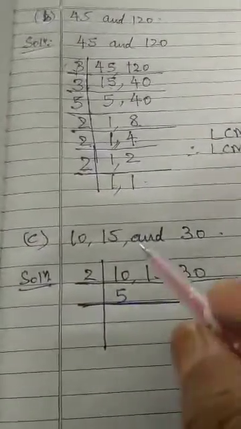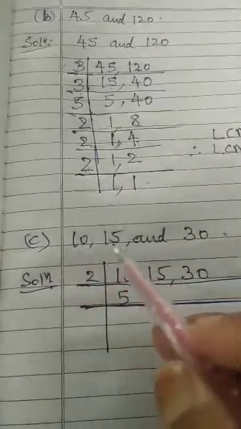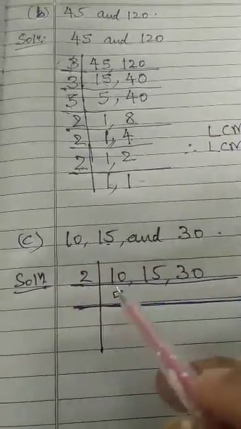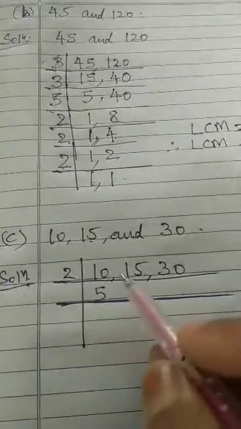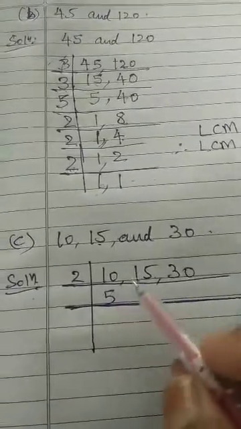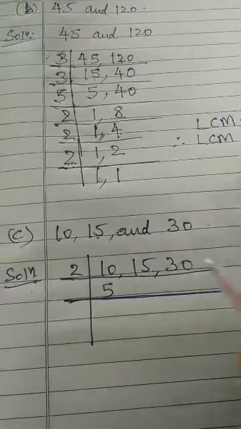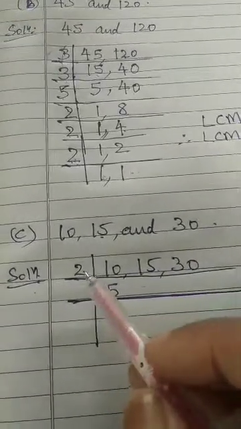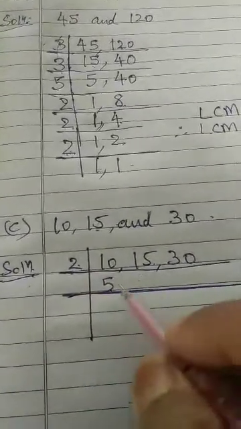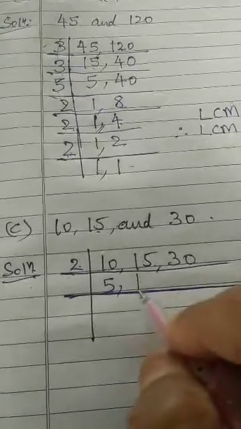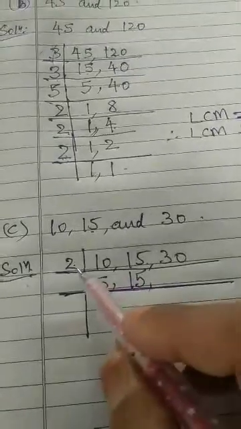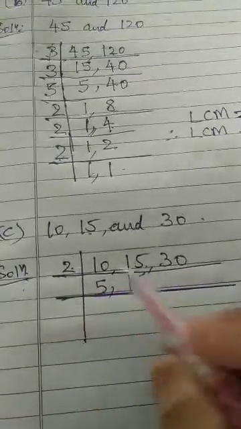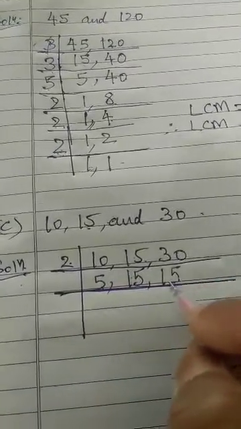See this one. 10 C question. 10, 15 and 30. So write the solution. These three numbers are given. 10 and 30 will come in 2 tables. Smallest number you take. 2 5s are 10. Comma. 15 will not come in 2 tables. So 15 as it is you write. Comma 30. Next number is 30. 30 divided by 2. 2 15s are 30.